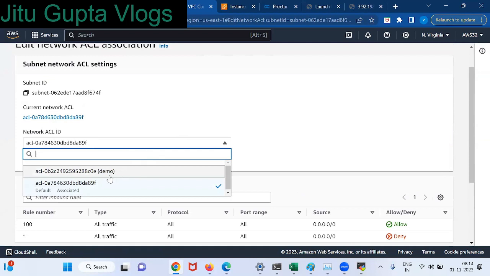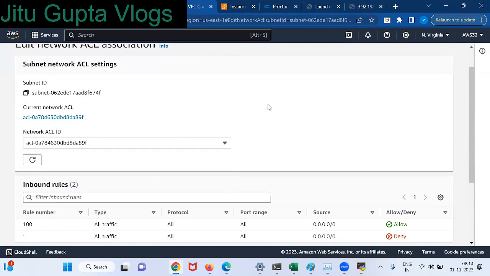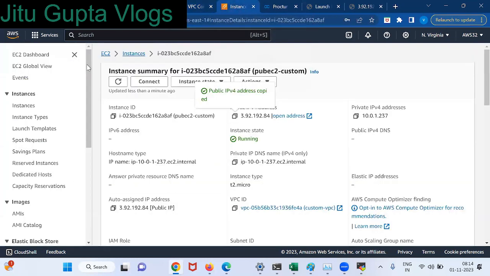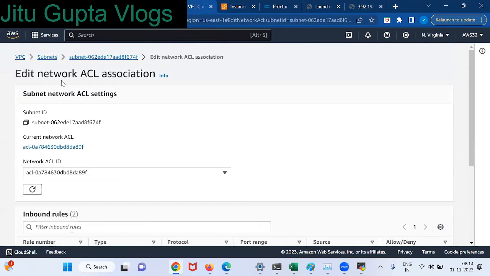See, if you create one NACL, we should attach it here. What I'm going to do now is create one new rule and attach the subnet. We can check whether it will work or not. Is it clear? Okay. How to create a NACL rule? Come to VPC.